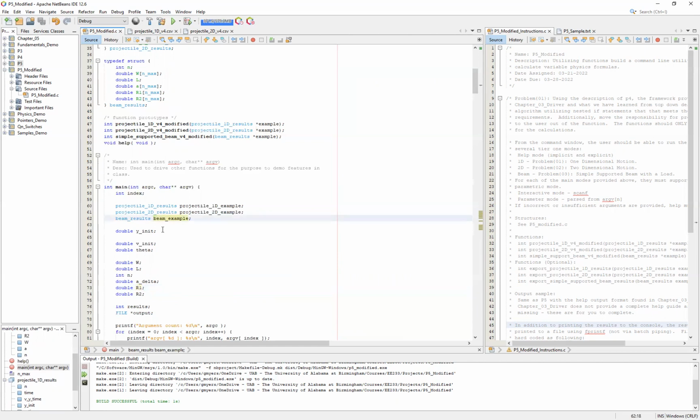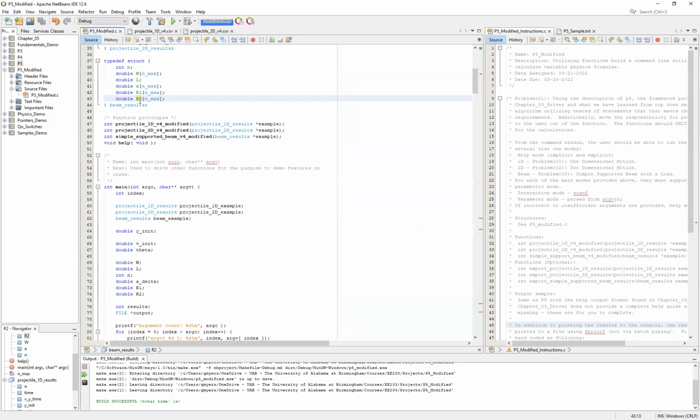There could be multiple beam results. In other words, you could do this calculation multiple times for different beams, different loading, and so on. Each of these variables could then have a field inside of them called R1 or R2, and there would be no conflict because fundamentally they wouldn't see each other. Likewise with the R2. So we get no conflict by calling these R1 and R2 as singular values. We just have to know that the fields inside of the structure aren't singular values, but rather they are